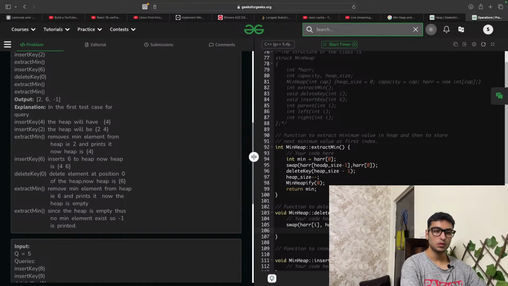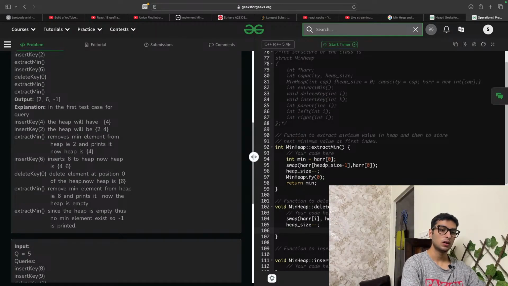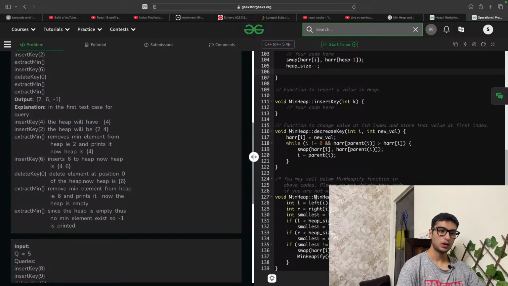Well, all you have to do truly is heap size minus minus, and then you can assume the value is deleted because you can't ever access it, right? So once you decrease the size, you need to sink or swim.